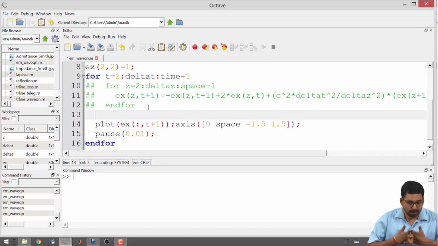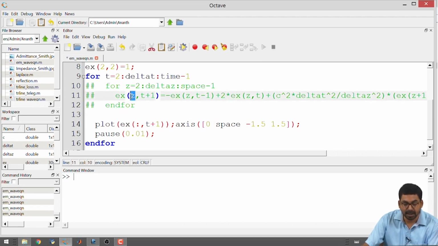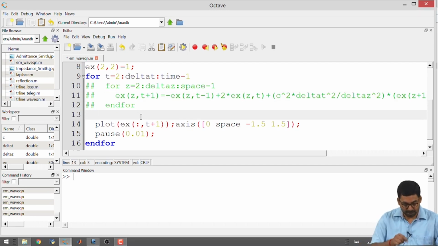First of all, I notice that the loop goes from 2 to space minus 1, which means that whenever I have z as an array subscript, I have to substitute instead of z, 2 colon space minus 1. So suppose I make the first term Ex of, instead of z, I will just put 2 to space minus 1,